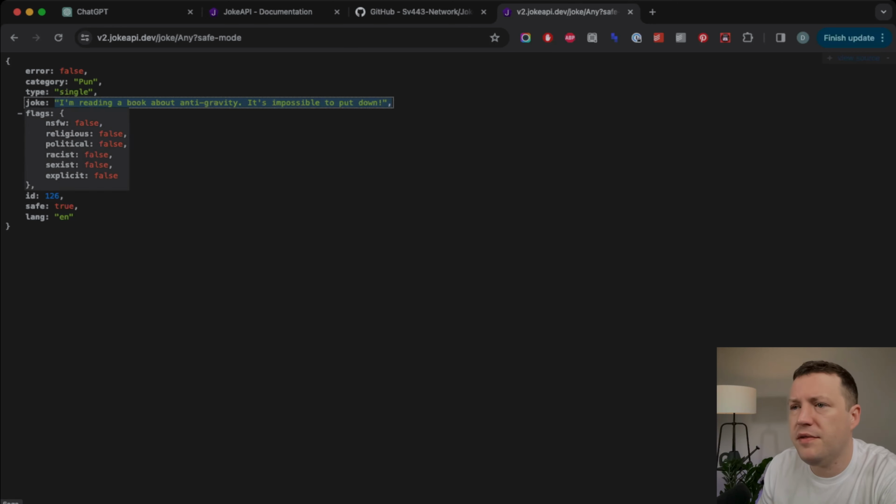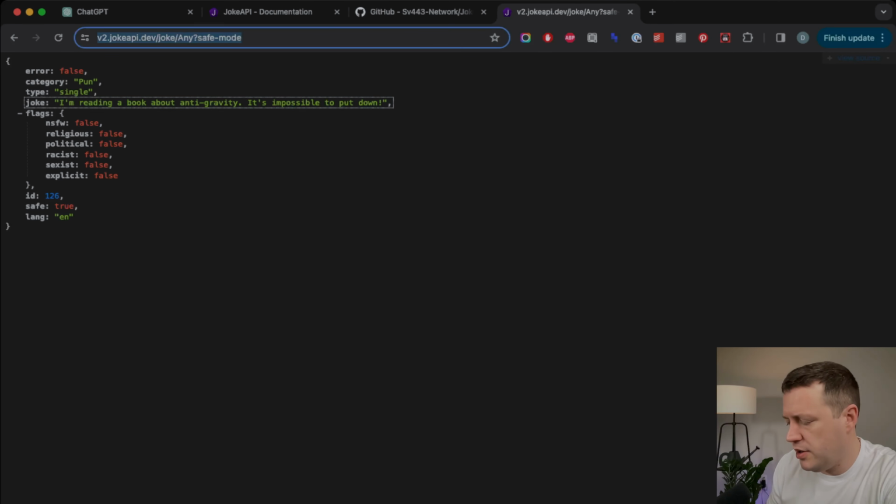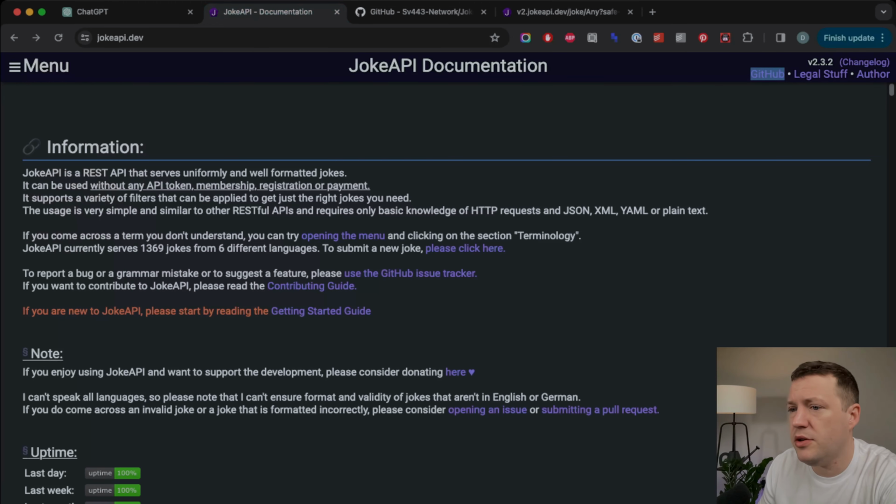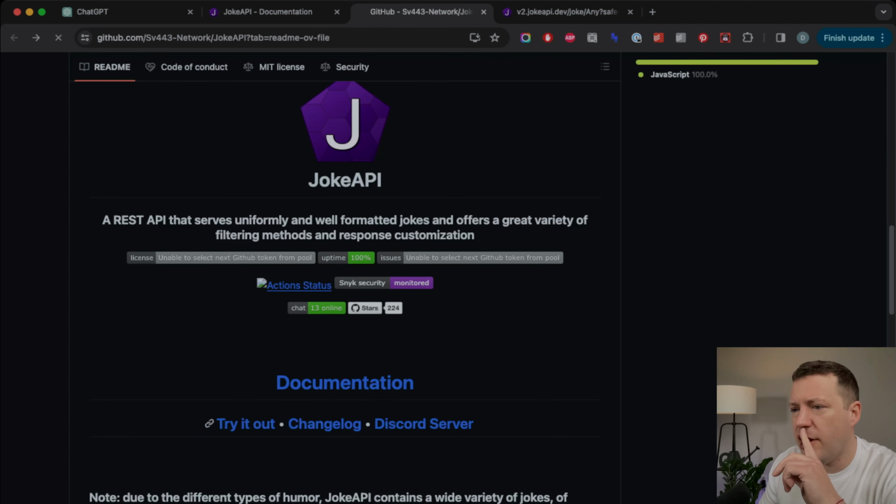And we see we've got these different attributes about flags of the joke, whether it's safe or not, which language it's in, etc. So this is what the API is going to be returning us, and every time we go to this URL, we get a new joke. That gives us an idea of what we're expecting from the API. Relatively simple. There are some customizations we can do to it that will show us how the API works. There's documentation here. But if we go to try it out,